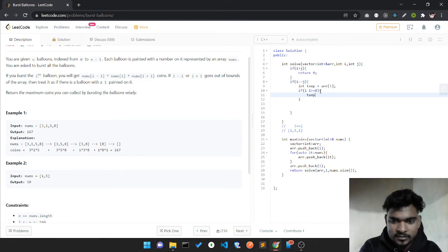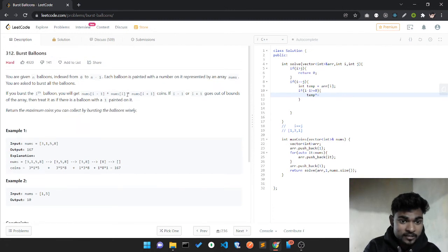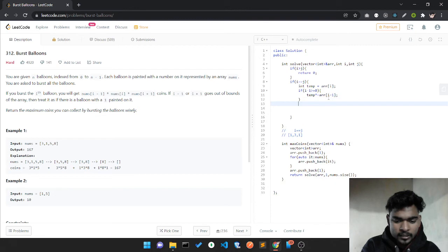Then I'll just multiply with that, because you can see whenever I pick nums[i], it's multiplied with nums[i minus 1] and nums[i plus 1]. So I do this thing here: array[i minus 1]. The same thing I do here for the upper bound, i plus 1, if it's less than n.